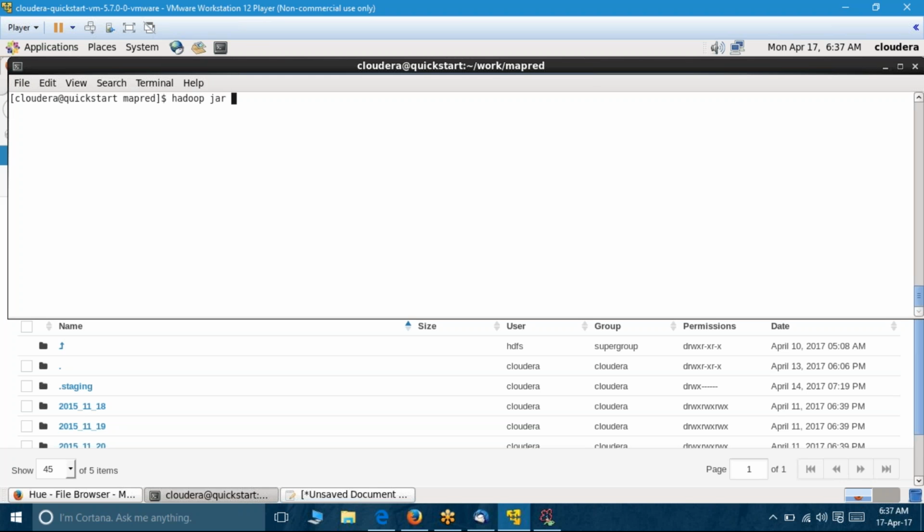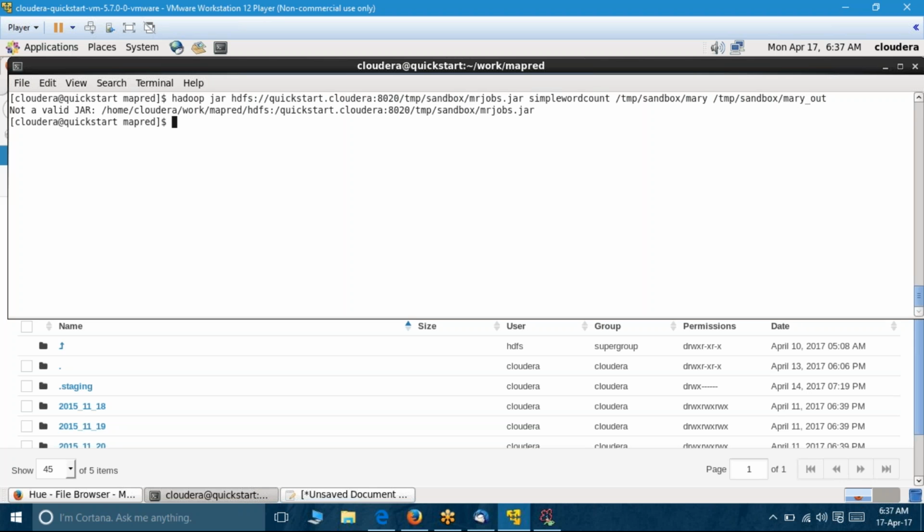hadoop jar /sandbox. What is that? mrjobs.jar. Simple word count /sandbox /Mary /tmp/sandbox Mary_out. If any problem is there,